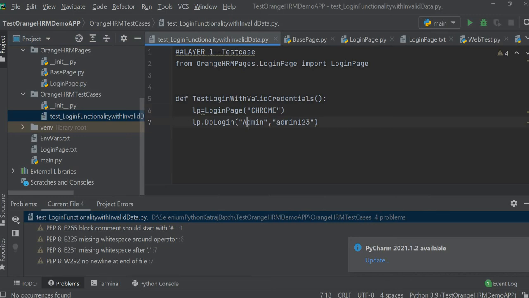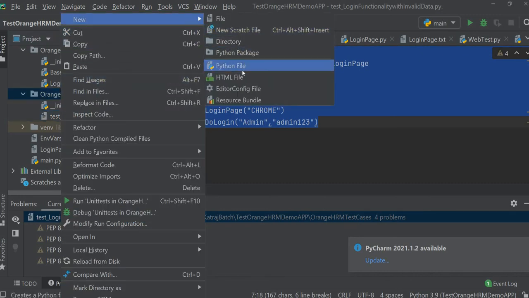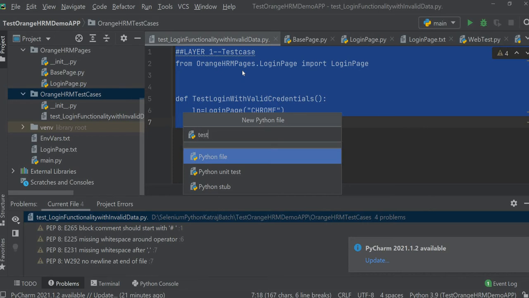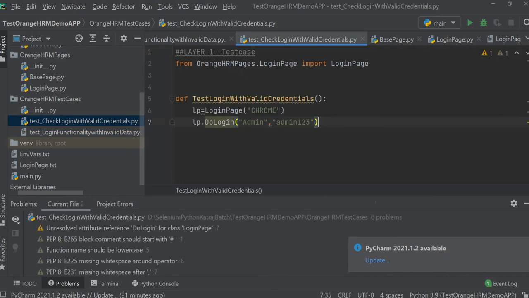Okay. Anyways, what I'll do is I'll just copy this code and create a new Python file. I'll keep the name test underscore check login with valid credentials .py. So this is our test case file.